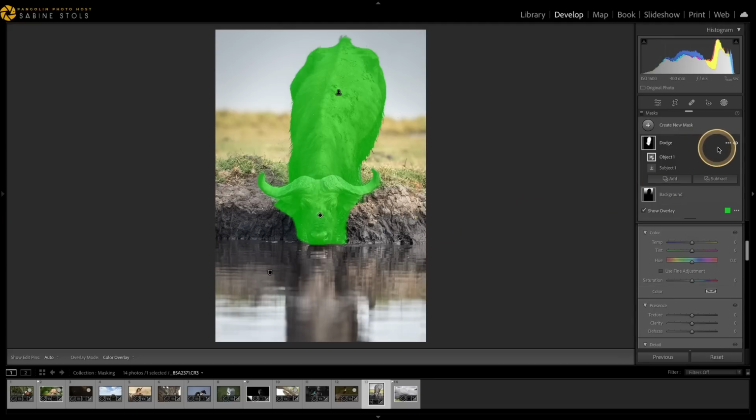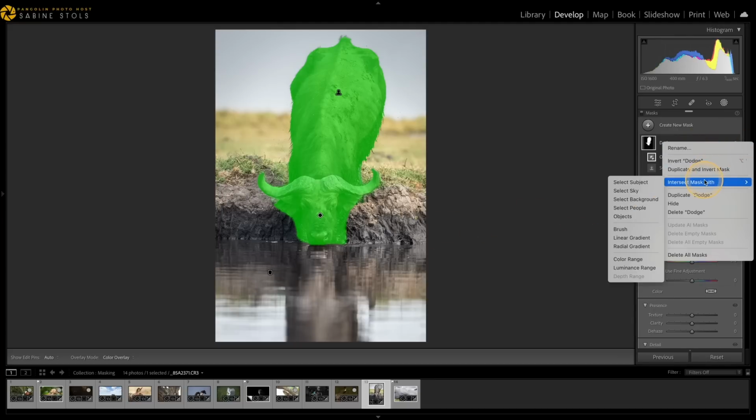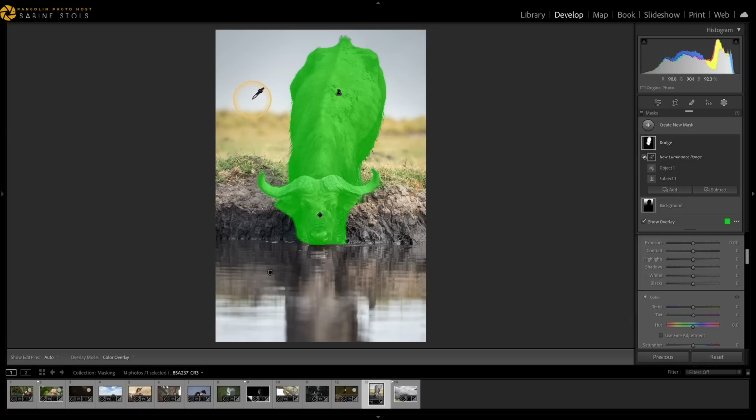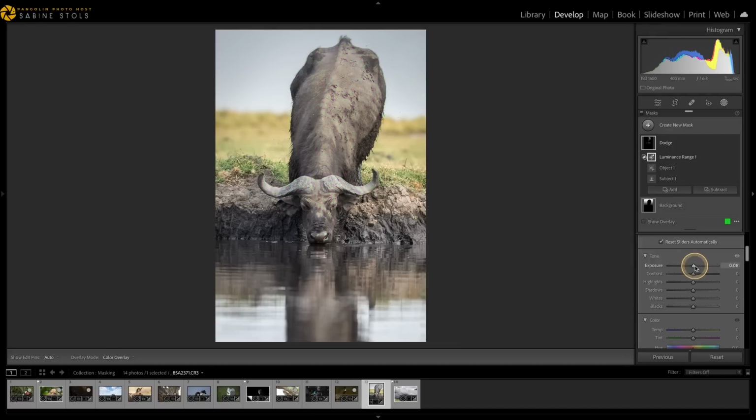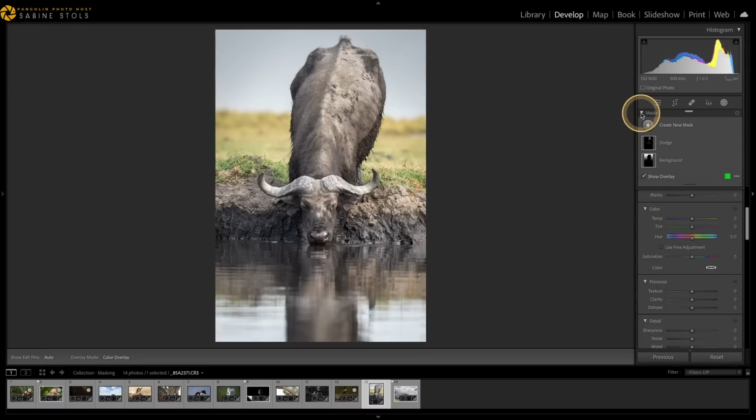To do exactly that, I will intersect the subject mask with a luminance range mask. Remember that you can either use the eyedropper tool to specify the brightness values, or in this case, I prefer to work with the sliders instead. Moving it over to the right will now choose the brightest areas on the buffalo, and I'm going to feather the selection a little more using the handle underneath. Now I increase exposure, contrast and whites, and switching the mask on and off, you can see the areas that